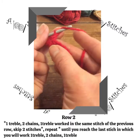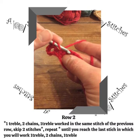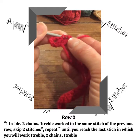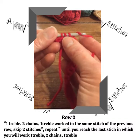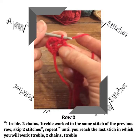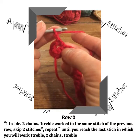Now we wrap the yarn around the hook, we skip 2 stitches of the previous row, 1 and 2, and we put the hook under the V of the previous row, yarn around the hook and pull it through, the 3 loops on your hook, yarn around the hook, through 2, yarn around the hook, through the other 2. This is a treble. Now we do 2 chains, 1 and 2, and now another treble in the same stitch